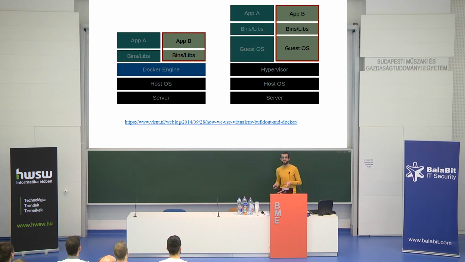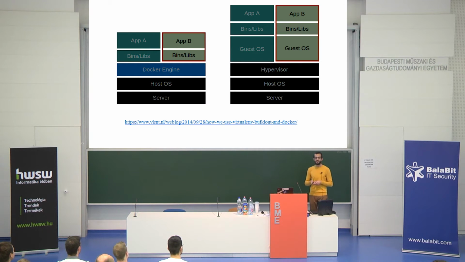Now, let's start with virtualization. With virtualization, you basically have your server, which is a physical piece of hardware running somewhere, and that server is running a host operating system. Let's say it's Linux. And on that operating system is a special piece of software called a hypervisor. This is the thing that creates a virtual machine, so it emulates physical hardware for the guest OS. And the guest OS is a full-blown operating system running inside a virtual machine. And inside this guest OS, you can run an application.